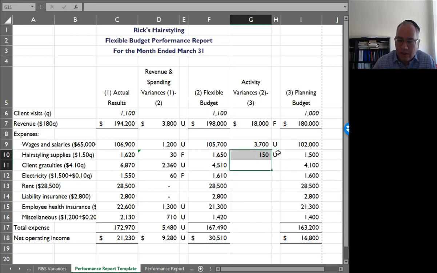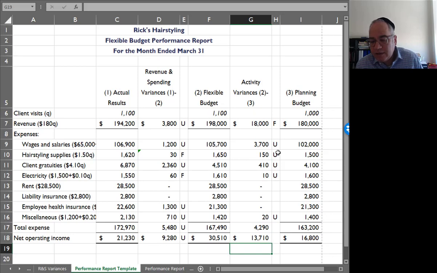And client gratuities would go up by $410, also unfavorable. And electricity would go up by 10. That's unfavorable. No change in rent or liability insurance, or for that matter, employee health insurance, because those are fixed costs. And miscellaneous, we would expect to go up by 1,400, also unfavorable. So we would expect total expenses to increase by 4,290, and therefore we would expect total income to increase by